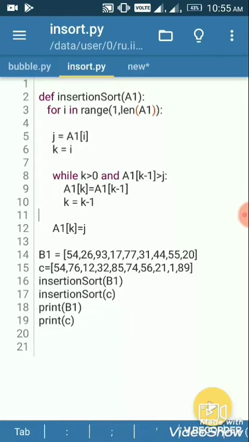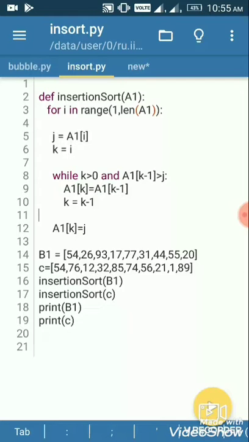So until a1[k-1] is greater than j, the loop will run and it will swap the value if it finds that the second element is greater than the j element. Then last, k equal to k minus 1, a decrement in k, and then a1[k] equal to j. So after defining this function, when we run the program, we get both the unsorted and sorted list.